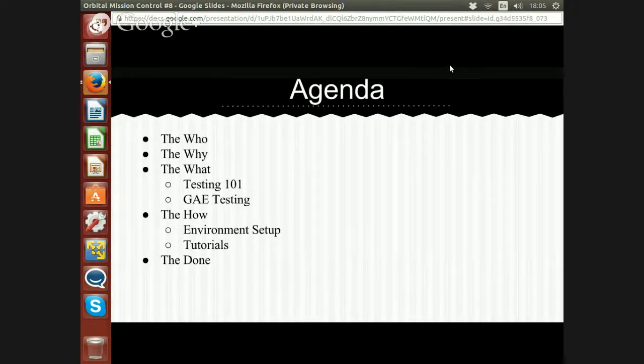So here is the agenda for today's mission control. First, I will be doing a short introduction of myself, and then I will be also explaining why we need testing, and I will be also talking about what is testing. And inside what is testing, we will be giving a short introduction of